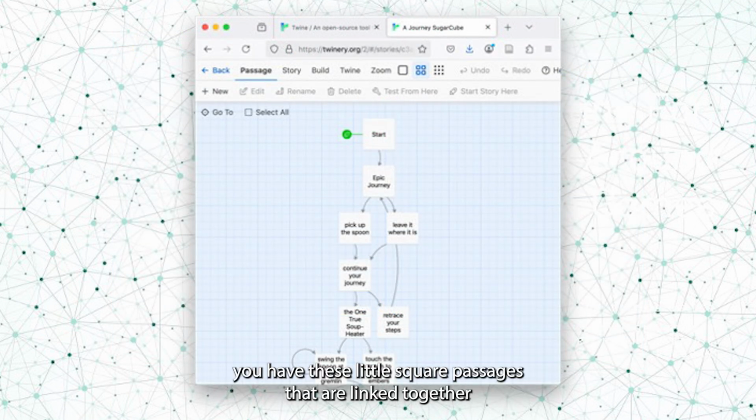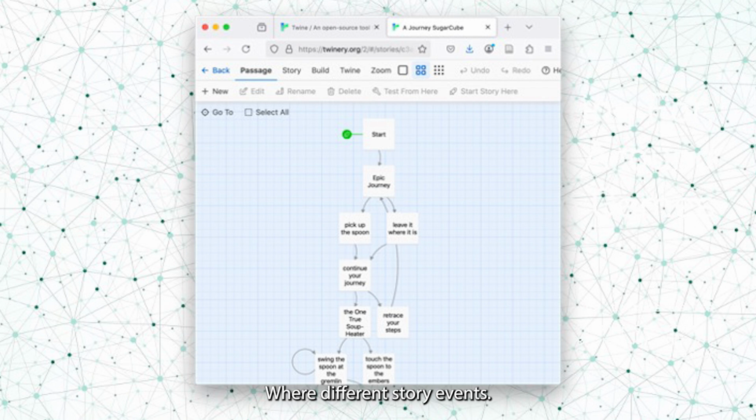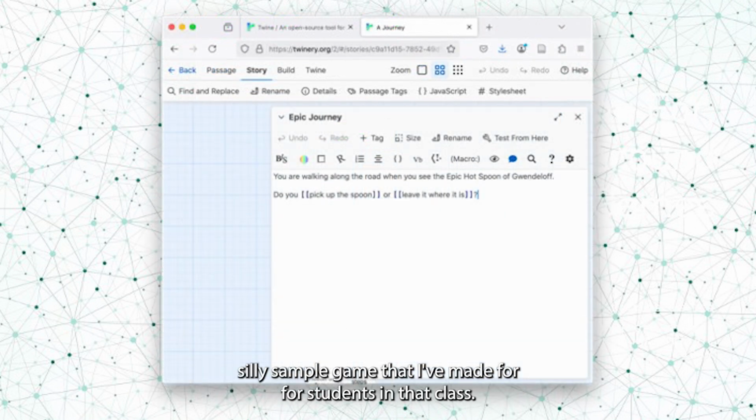So at a really basic level, a Twine game might look like this. You have these little square passages that are linked together with arrows that sometimes circle back or jump back on themselves, where different story events or locations in the game's world are taking place at each one of those passages that are then linked together in different ways based on the choices that you make. And at the most basic level, and this is just from a small, silly sample game that I've made for students in that class,